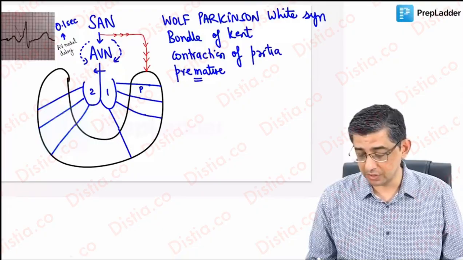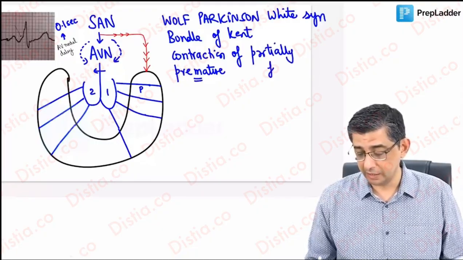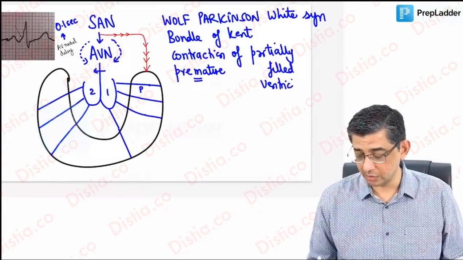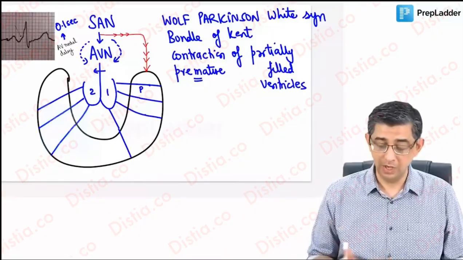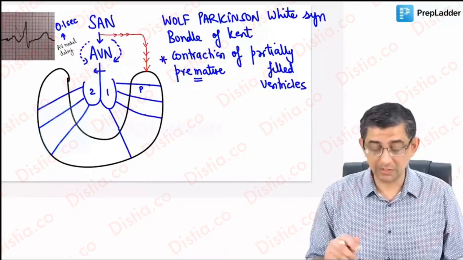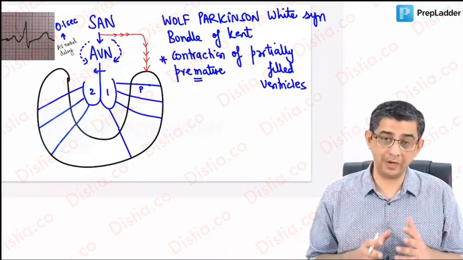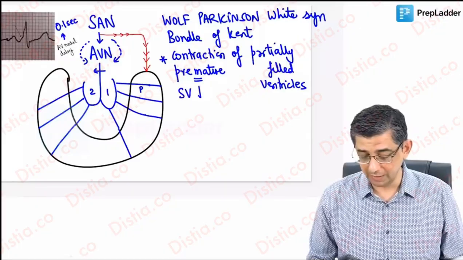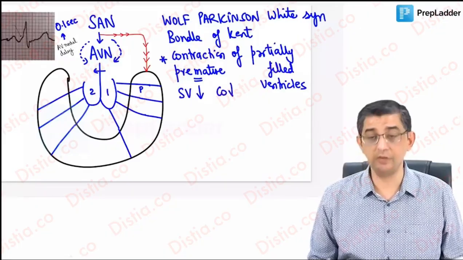The contraction of, which is a premature contraction of a partially filled ventricle. I want you to focus on the statement that I've highlighted at least twice, because this is the crux of this discussion. In fact, two conditions that I'm going to explain to you in the next 10 minutes or so will mainly focus on this statement of mine. Premature contraction of partially filled ventricle, which explains the relatively less stroke volume, which explains the relatively low cardiac output